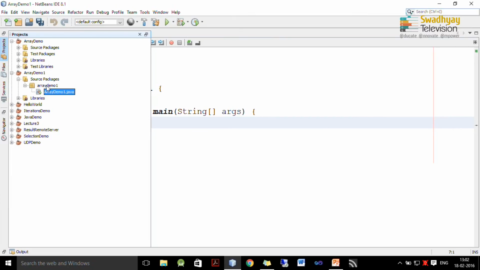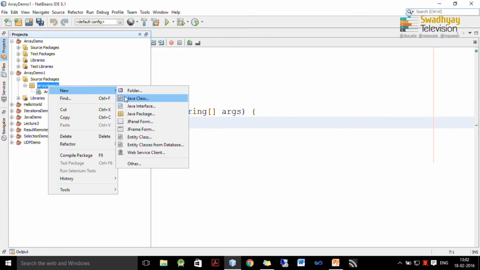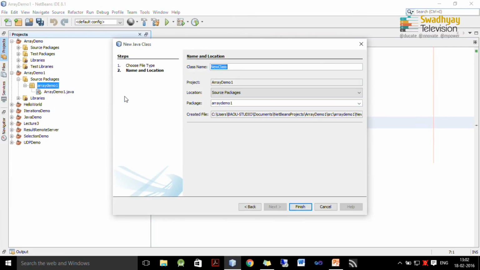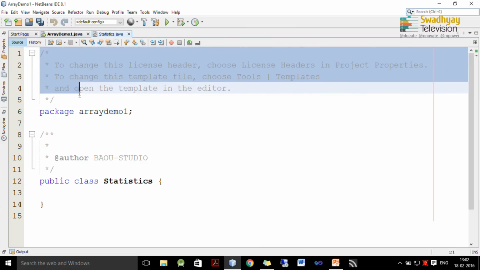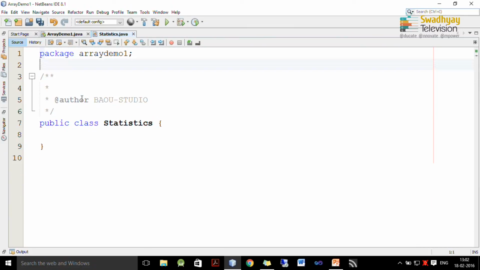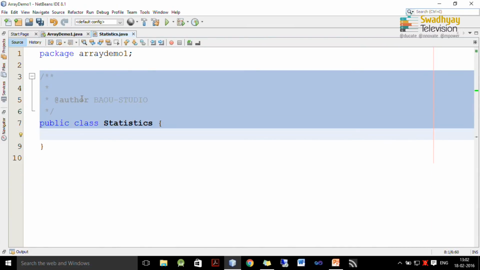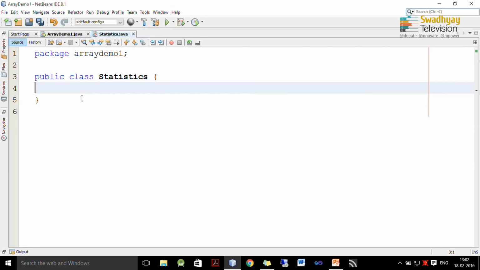Now, inside this we will create a new class with name Statistics, and then we press finish. Inside this we write down our first program, which is to find sum, maximum, minimum, etc. So, here is our class. Inside this we are going to write the main method